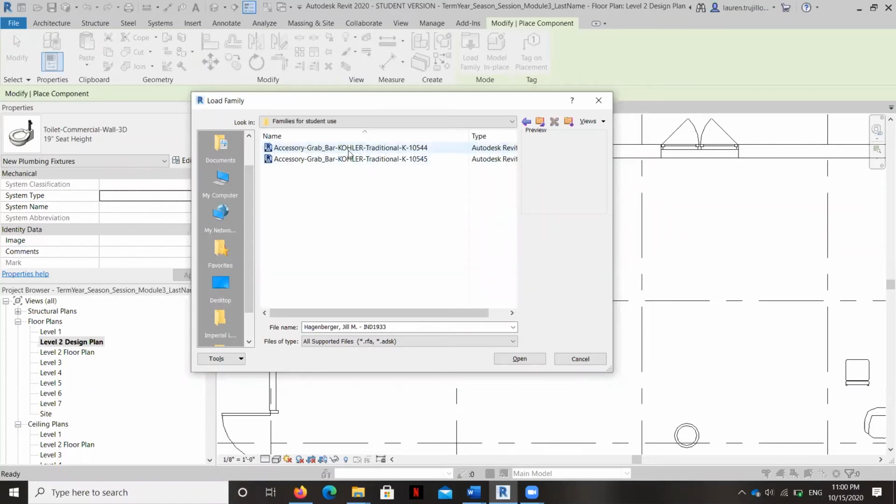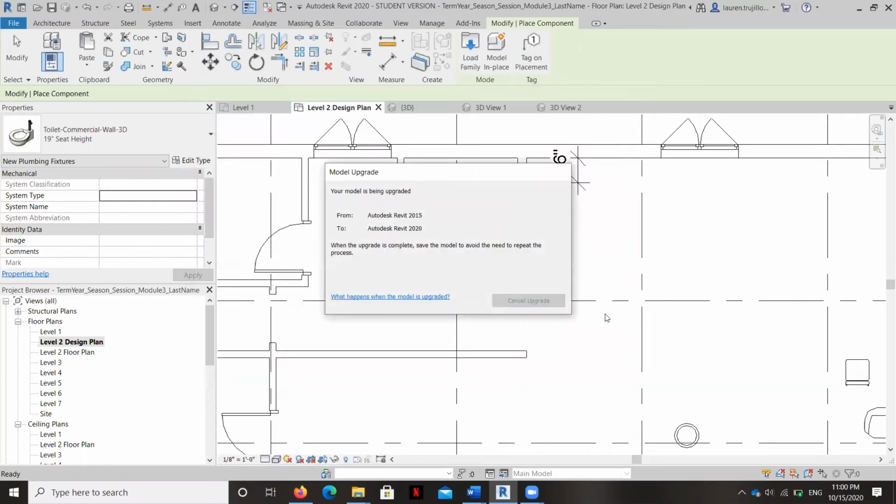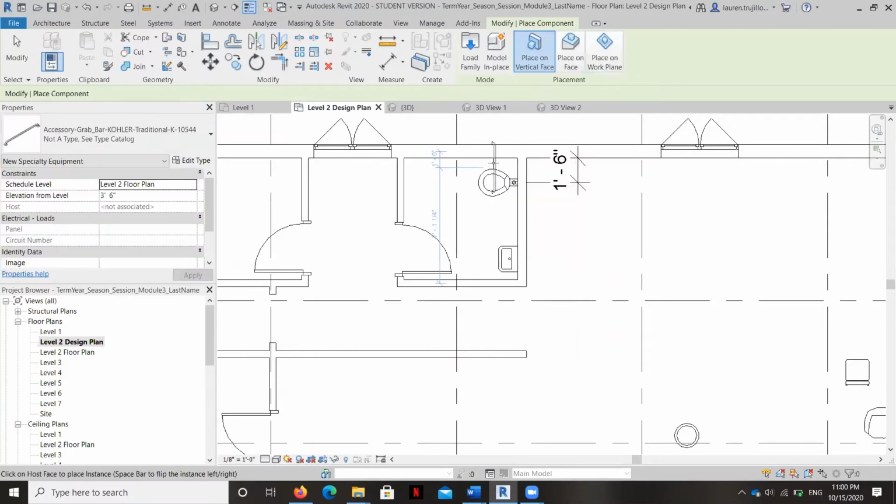And there's two of them. I'll grab the first one. These are also wall hosted, and we'll put one there. Then we need the shorter one in the back and the longer one on the side.